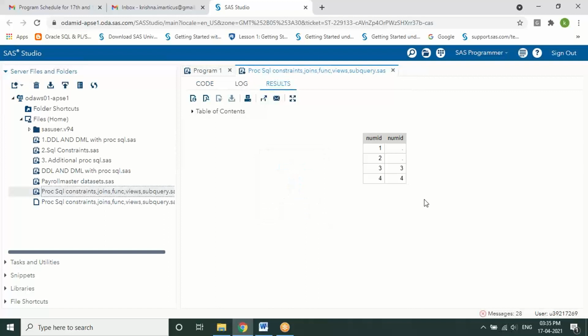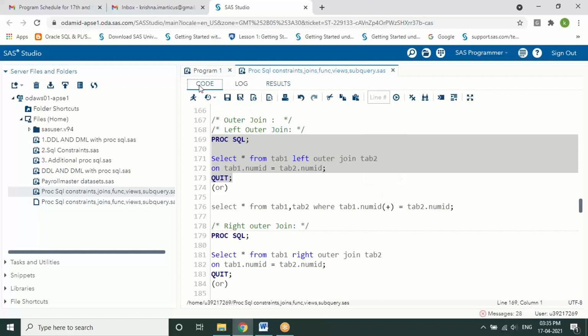The entire left table with the right common gets displayed here, which we call a left outer join. Similarly, the right one. There is another way of writing a syntax which doesn't work in SAS, but in other databases you can try it.